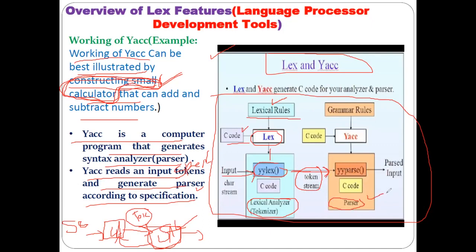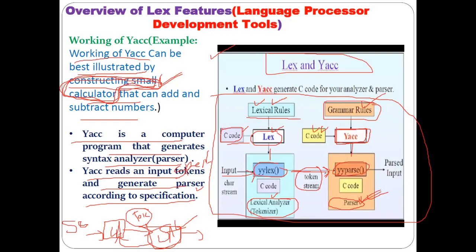Now how is this parser going to be generated? This parser is going to be generated using some grammatical rules and some C code. Understood? These grammatical rules along with some C code are given as an input to the Yacc tool. Like here, some lexical rules and some C code are given as an input specific to Lex, and then it generates the lexical analyzer. Same case here. You have to write some grammatical rules as context free grammar rules for syntax checking, and also some C code in the action part, and this is given as an input specification to Yacc. Then Yacc, with the help of the parse function, generates the parser.